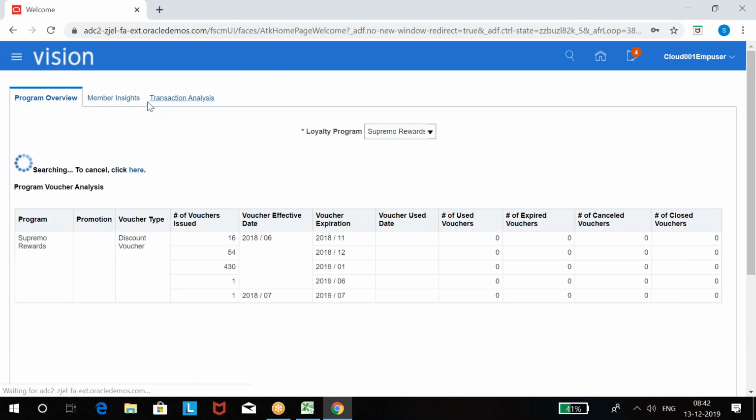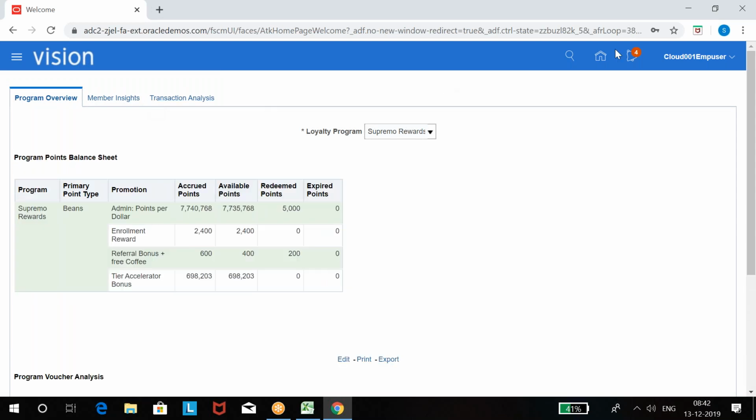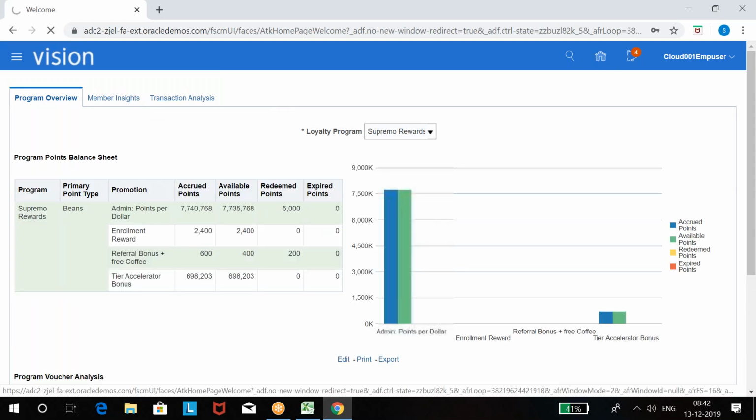So this is the username. I have used some username and password to enter. I'll also share the username and password with you guys. Once you log in to the application, this is how the home page looks.